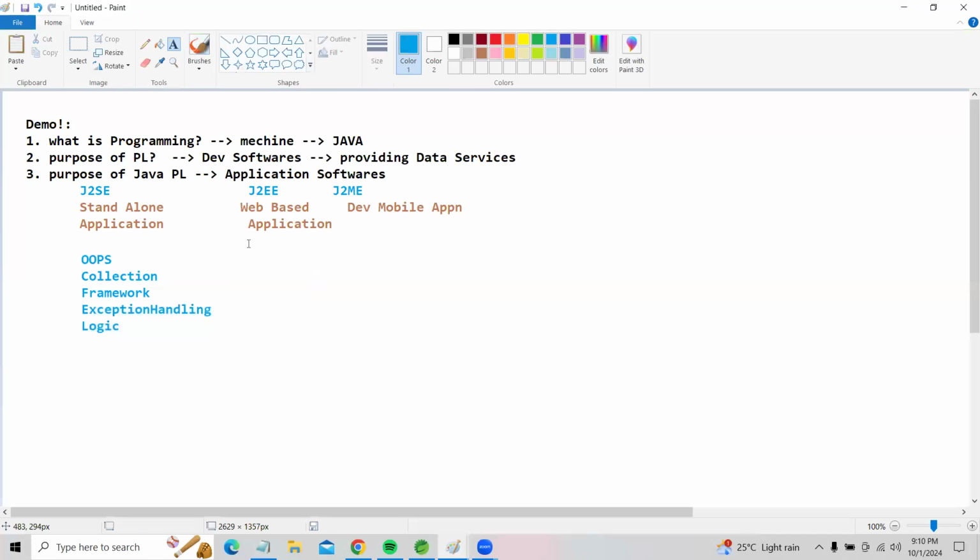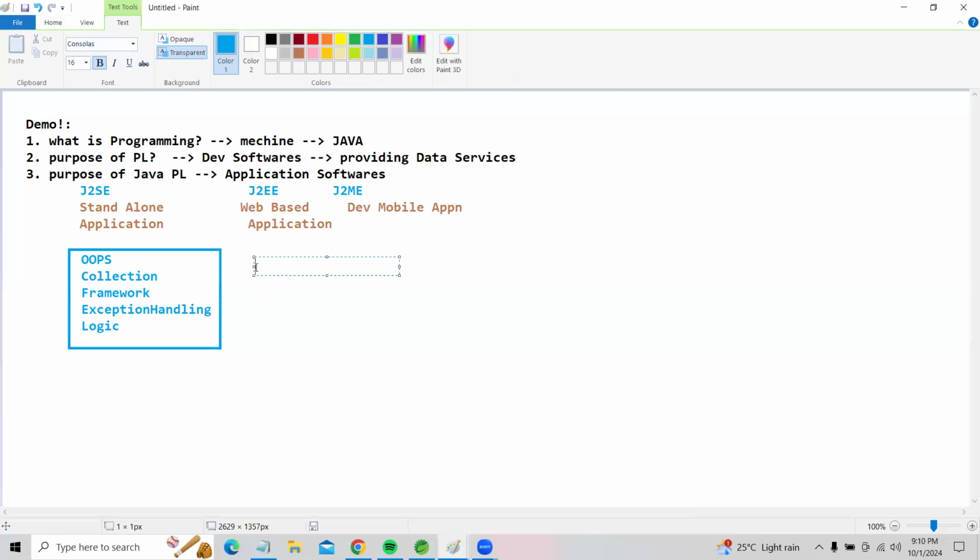To develop a web-based application, along with the Core Java concepts we require some advanced Java concepts: Servlet and JSP.